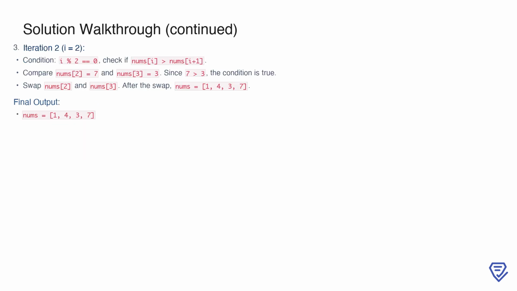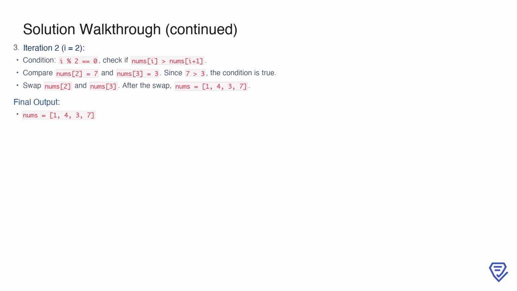Finally, in iteration 2 at index 2, since the index is even, we check if the current element is greater than the next. Here, nums[2] equals 7 is greater than nums[3] equals 3, so the condition is true, and we swap these elements. This results in the final output array nums equals 1, 4, 3, 7. With this, the wiggle sort is complete for this example, as the array now satisfies the required pattern of alternating